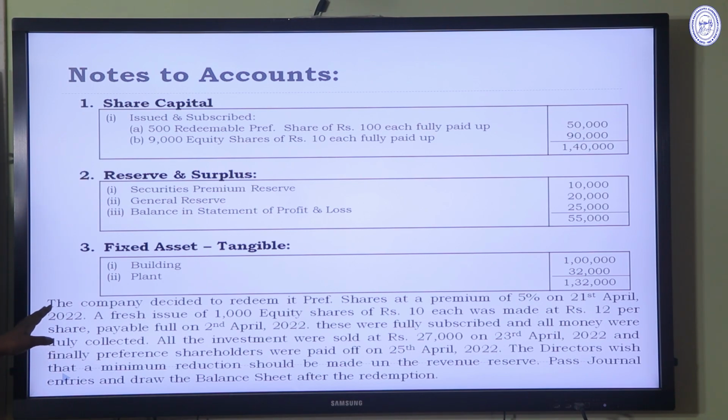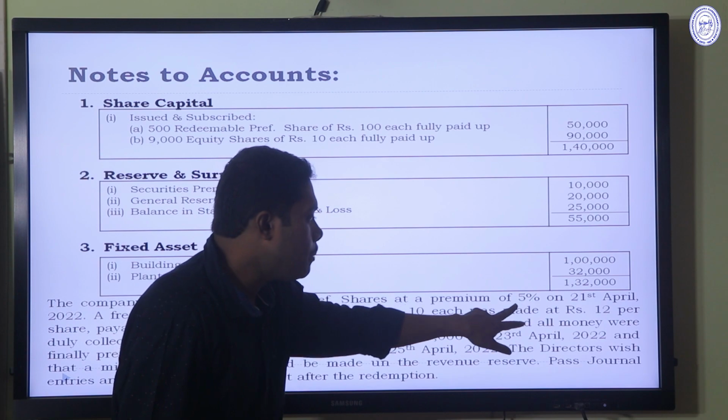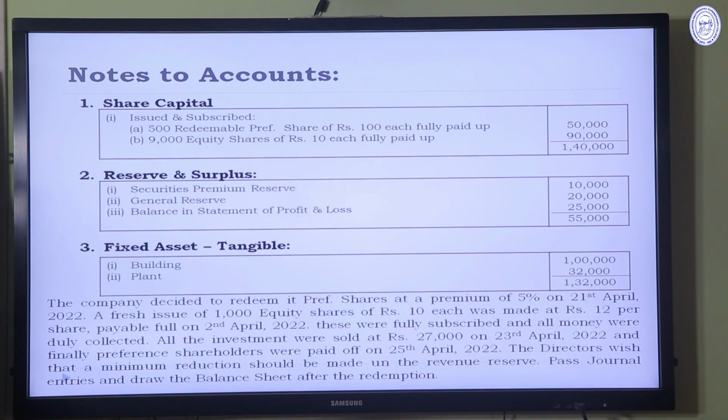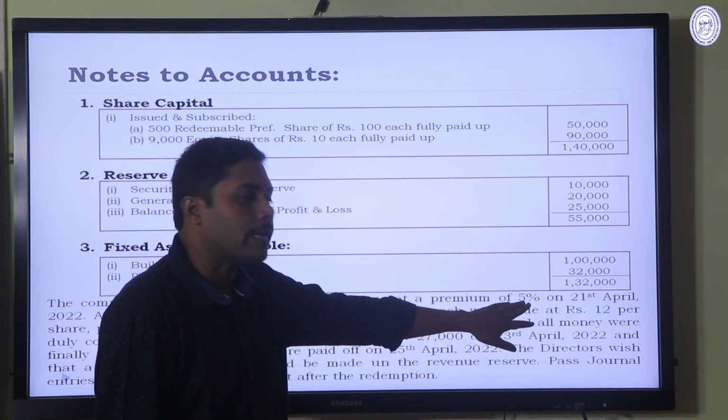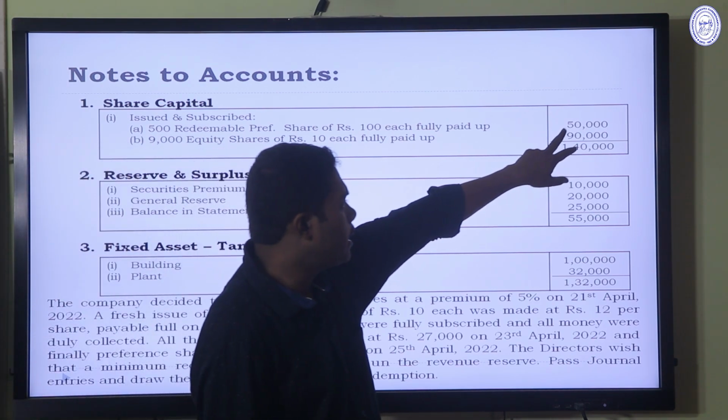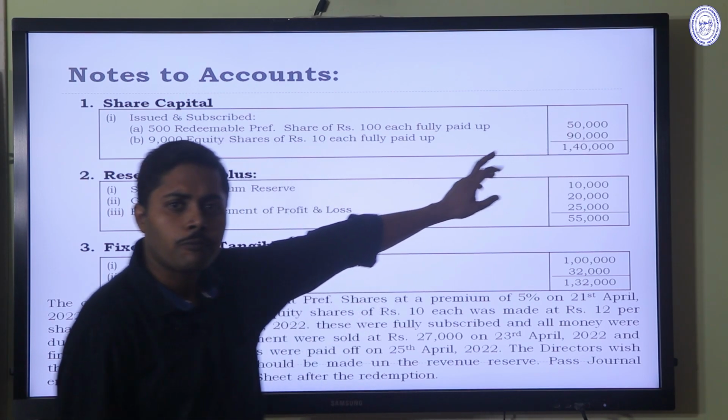Now, the additional information I am citing: the company decided to redeem its preference shares at a premium of 5% on 21st April 2022. The balance sheet is as on 31st March 2022, and just after a few days the company wants to redeem preference shares at a premium of 5%. For the purpose of redemption, now you will just see 50,000 is the face value of preference shares to be